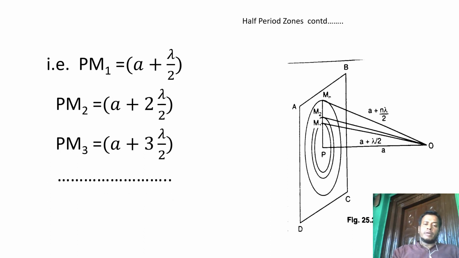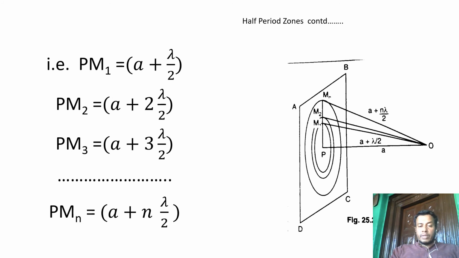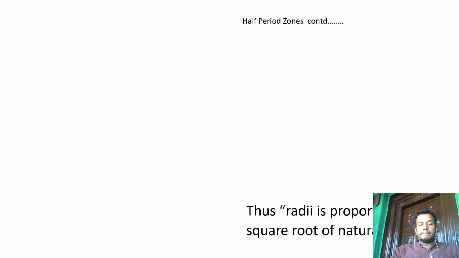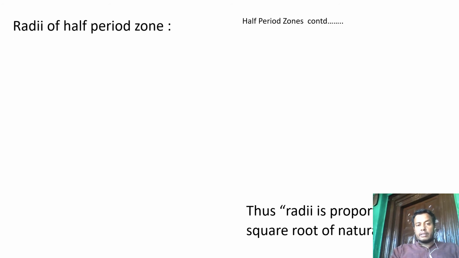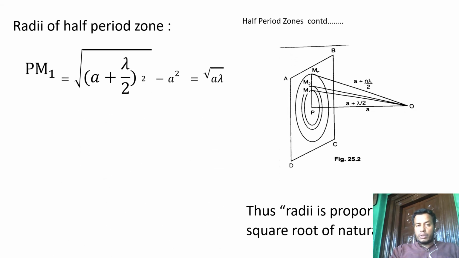ಹೀಗೆ ನಂಬರ್ ಆಫ್ ಝೋನ್ಸ್ ಅನ್ನು ತೆಗೆದುಕೊಳ್ತಾ ಹೋದರೆ, n ನಂಬರ್ ಆಫ್ ಝೋನ್ಸ್ ಅನ್ನು ನಾವು ಕನ್ಸಿಡರ್ ಮಾಡಿದರೆ PMn is equal to a ಪ್ಲಸ್ n ಲ್ಯಾಂಬ್ಡಾ ಬೈ 2 ಆಗುತ್ತೆ. ಸೊ O ಇಂದ ಇರುವಂತಹ ಡಿಸ್ಟೆನ್ಸ್ OM1 ಅನ್ನುವಂಥದ್ದು. ಹಾಗಾದರೆ ರೇಡಿಯೈ ಆಫ್ ದಿ ಹಾಫ್ ಪೀರಿಯಡ್ ಝೋನ್ ಏನಿರುತ್ತೆ ಅನ್ನುವುದನ್ನು ಫೈಂಡ್ ಔಟ್ ಮಾಡುವಾಗ, PM1 ಅನ್ನುವಂಥದ್ದು ರೇಡಿಯೈ